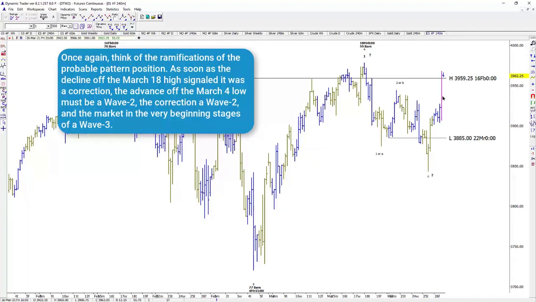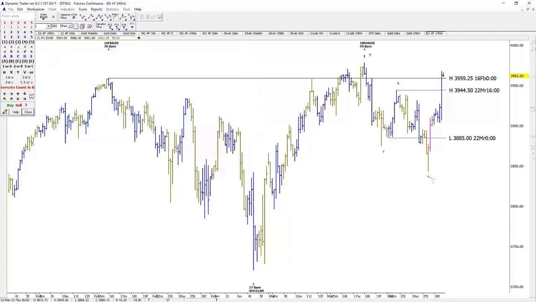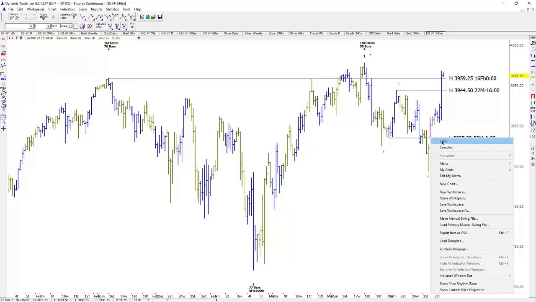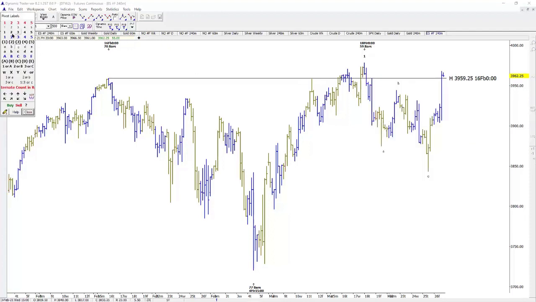Well, as of this bar, we've exceeded this wave 2 high. We've confirmed that this is an ABC correction. And I should say, once again, it's in a position to have completed an ABC correction. As we know, markets can have some really crazy complex corrections, but they're very rare once we've taken out a wave B high. So more than likely, what would this be then? Well, that should be a 1. It's proven out. This should be a 2,